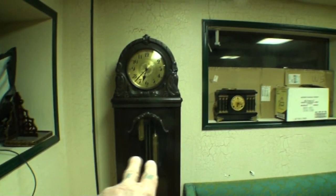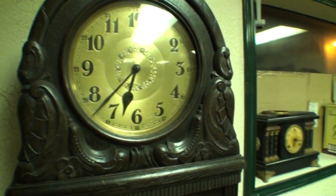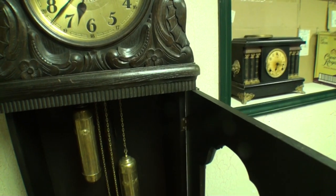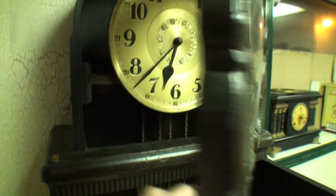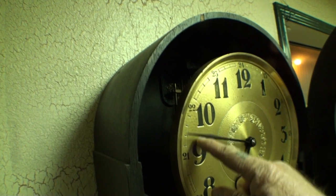This one has 2 weights on it. Okay, and we're going to go ahead and open that up, and we're going to take a look at it. And if you look in there you can see the chimes. So I'm going to show you what this one sounds like. Let's go ahead and